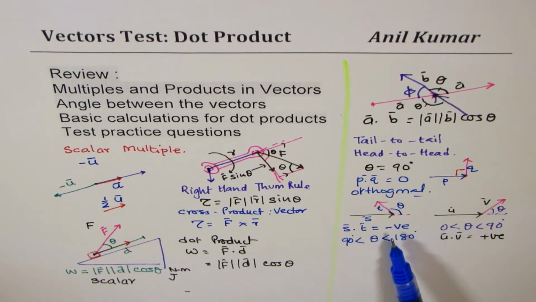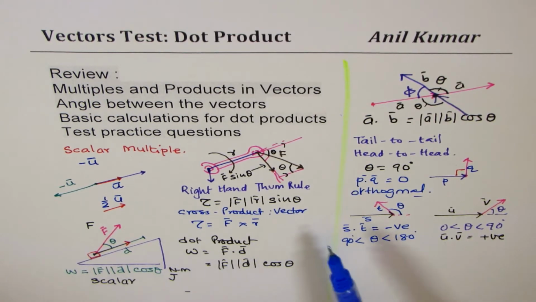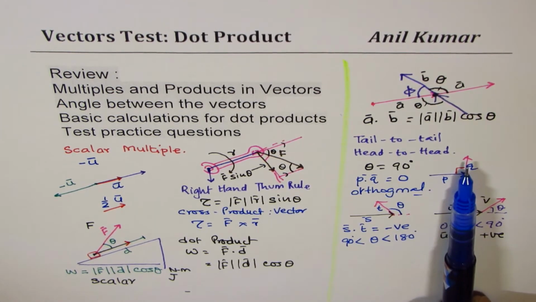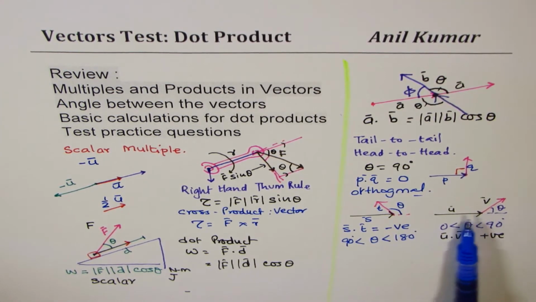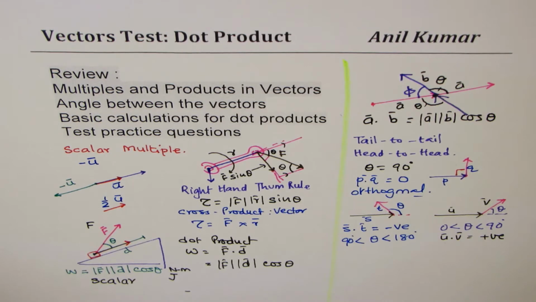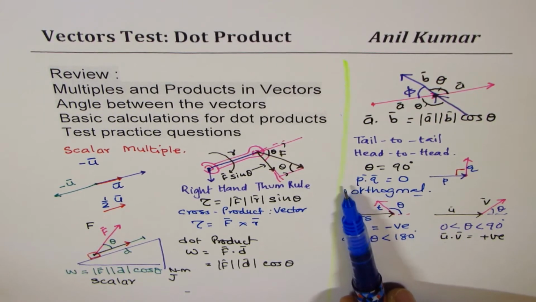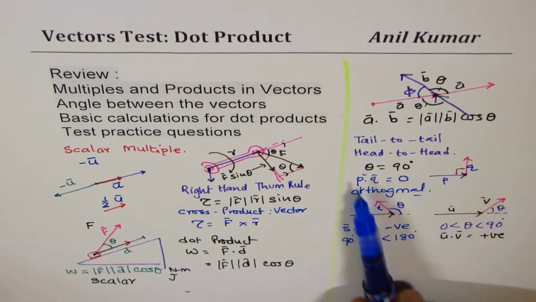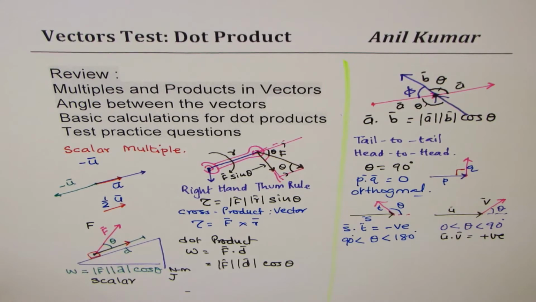Well, if the dot product is negative, we do not say it has a direction. It is just opposing the movement, if you consider displacement. Think like that. This is like a wall. Here it is helping it to move in the same direction, so it is positive. So that could help you understand when a dot product is positive and when it is negative. Now, since we know that it results in 0 when the two are orthogonal,